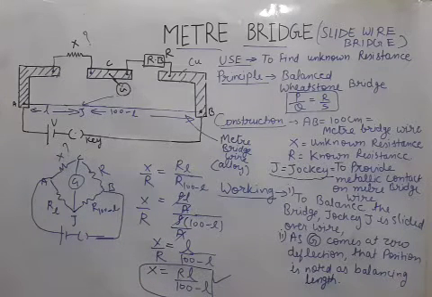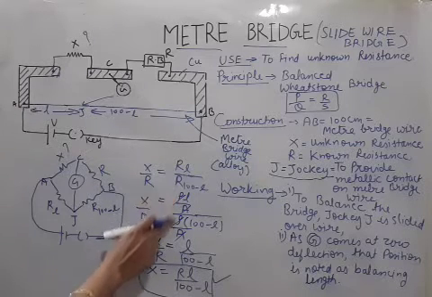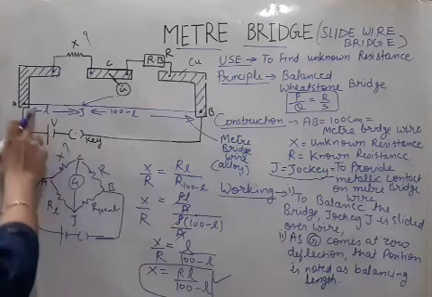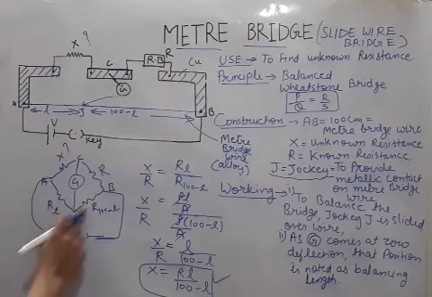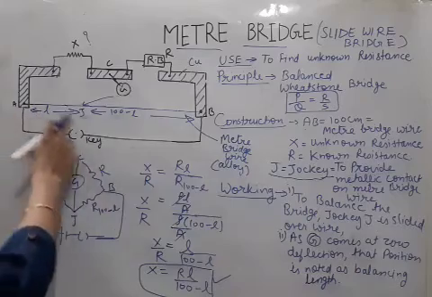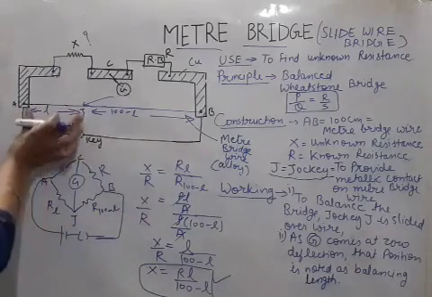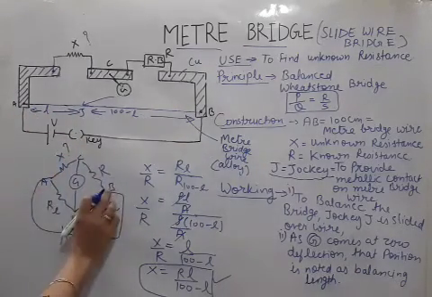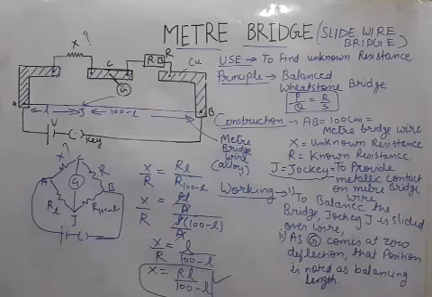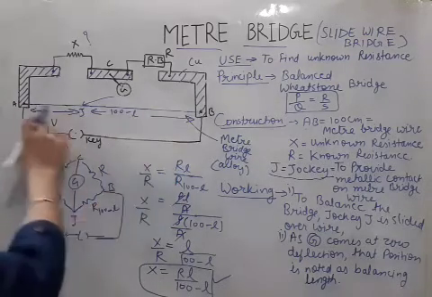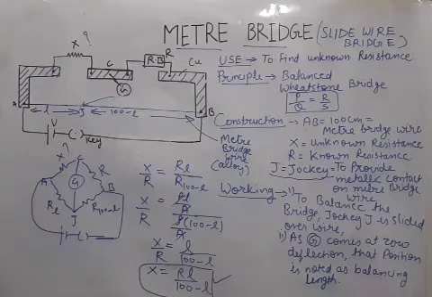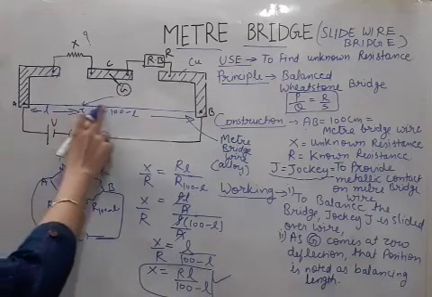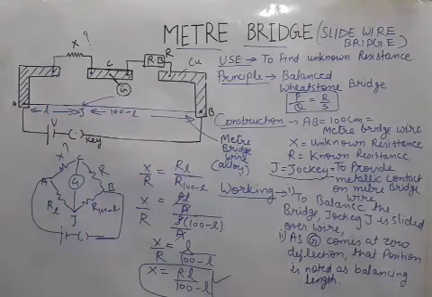Now I will discuss some points. First of all, how we can cancel rho. That means this wire and this wire, is it made up of the same material? So yes, you can see it was the same material wire. That only we have shown this way and this way. So rho we can cancel, because this is the wire of the same material. Second thing is area is cancelling. Okay, so this wire is running of the same area from here to here.